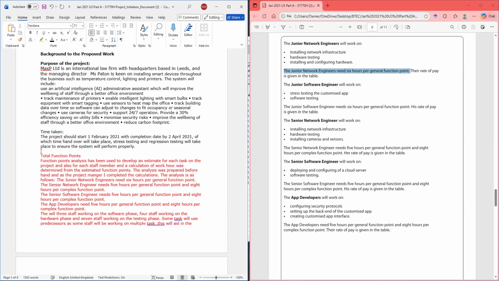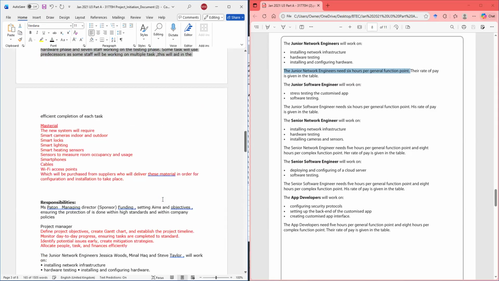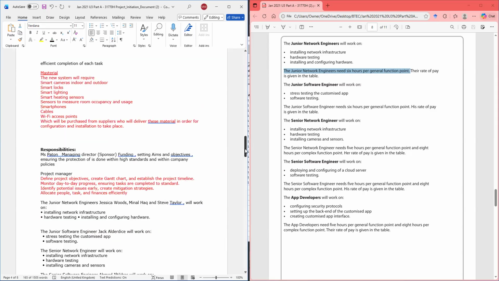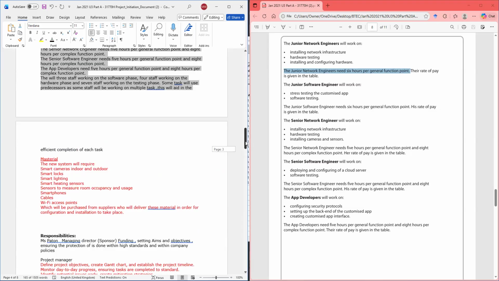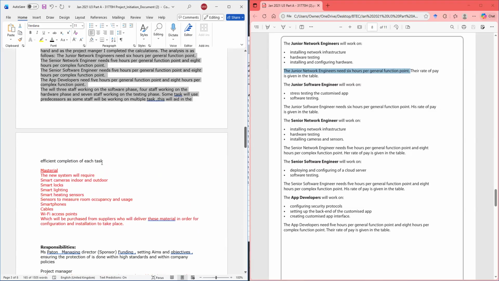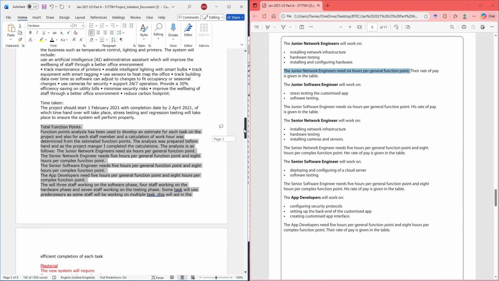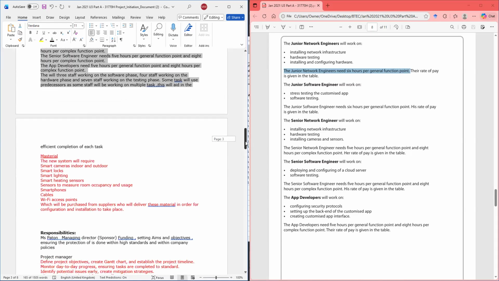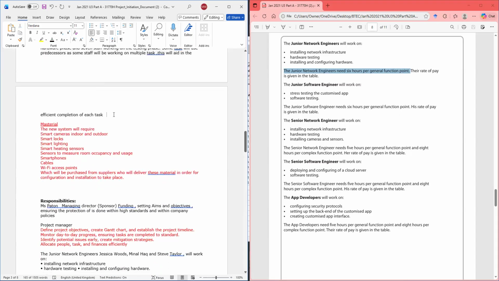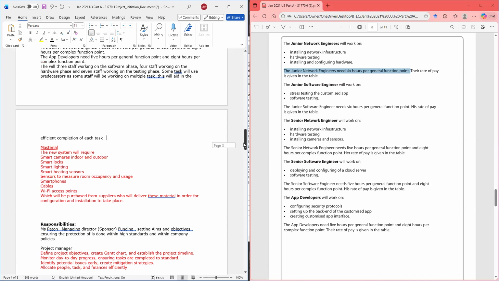Then we go down together, and then we do this. All right, so completion of each task. This will aid in the efficient completion of each task. All right, so that's what we did for here. And we just write about it to let them know that we understand what we're doing.